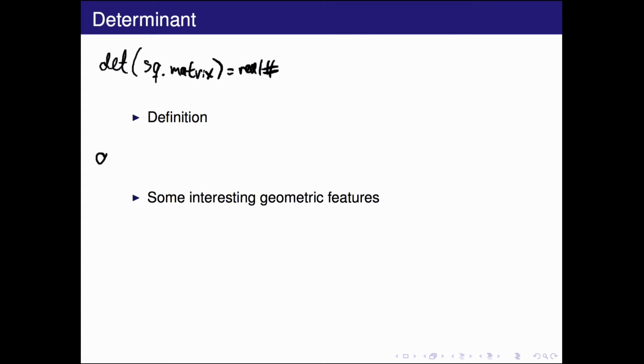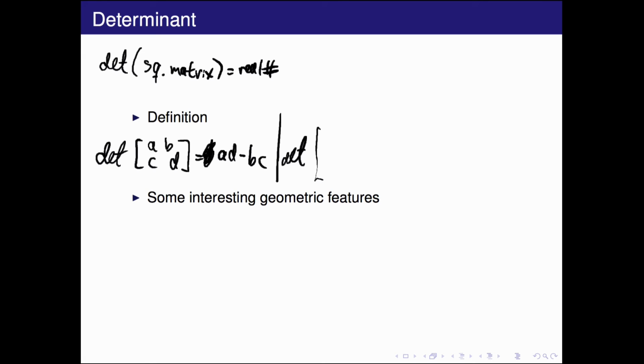The definition, very quickly, recall the determinant of a 2 by 2 matrix [A B; C D] is AD minus BC. The determinant of a 3 by 3 matrix